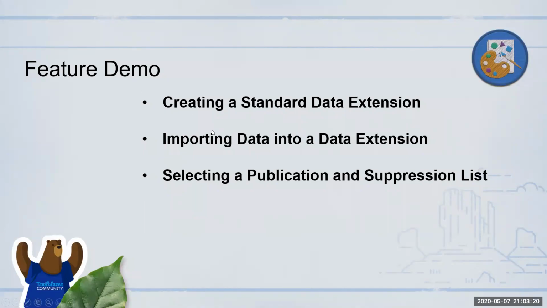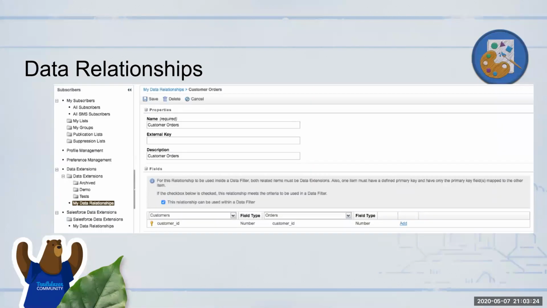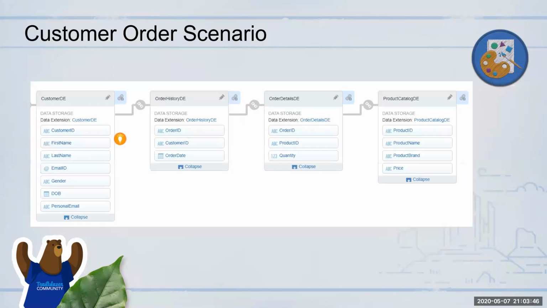Okay, so I think we've looked at most of the features here. Then we'll come to an important part called data relationships. We've seen how to create data extensions, and what data extensions are specifically meant for, because you want to be able to relate tables, and they can have related, relational data. I can have customer, I can have order, etc. So assume that I have a scenario like this.